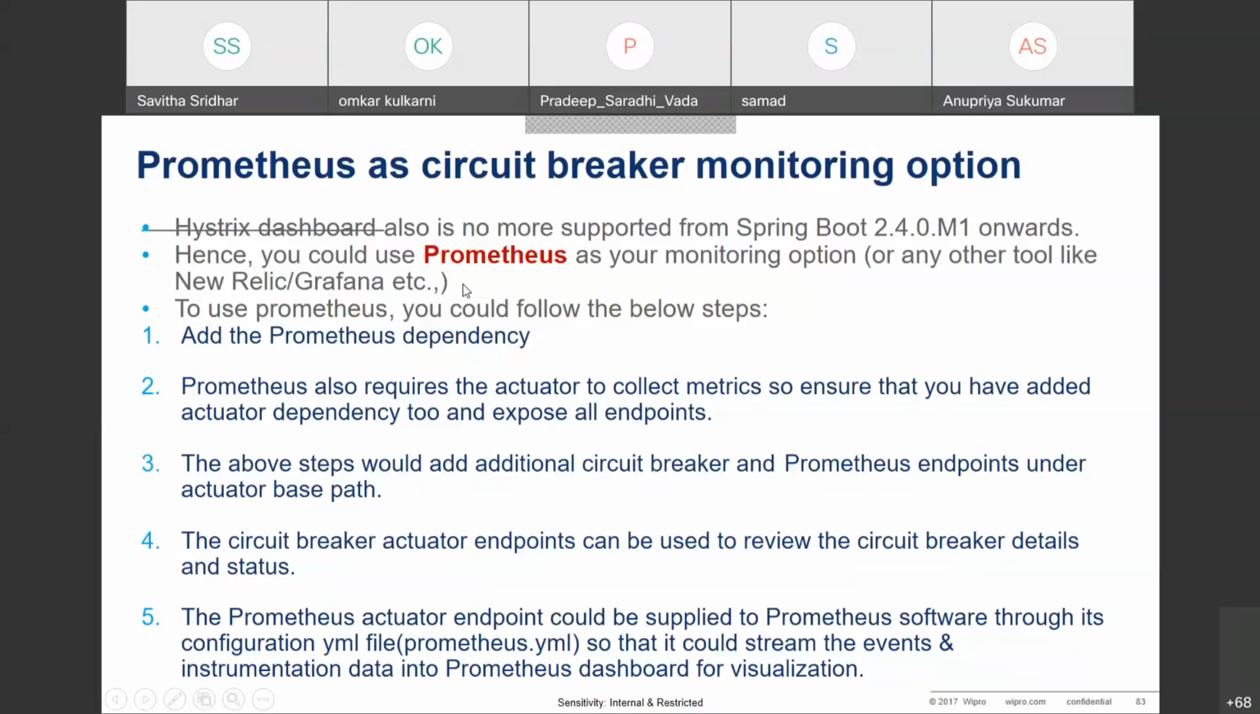You can use Prometheus as your monitoring option, or very similar to Prometheus, you can use any other tool. For example, New Relic is again a very similar tool. You can use New Relic. Grafana also might not be directly supported through a starter module, but you could even use Grafana if required. Yeah. So during our training, I will be showing you a demo using the Prometheus